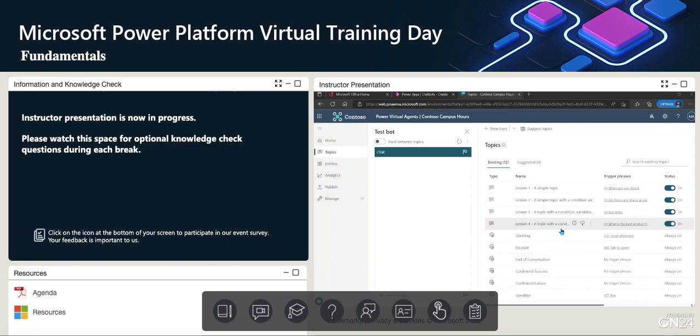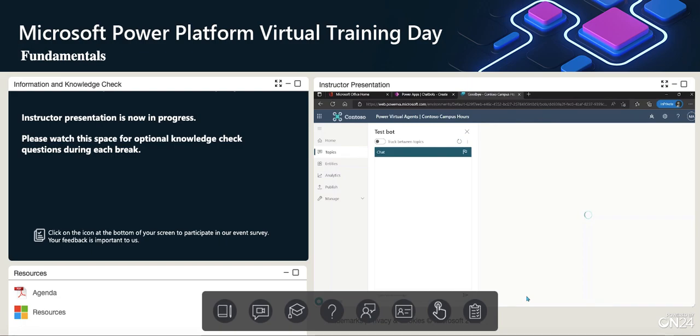After that, we have a few system topics. I can identify those by hovering my mouse over this icon on the left, and it tells me System Topic. Now, these are pre-populated topics that you're likely to need during a chatbot conversation. Using these will save a lot of time, and they include greetings like hello or good afternoon or even goodbye. If we want to examine one of these in more detail, I can see that there are 67 phrases related to our goodbye. And if we click on it,